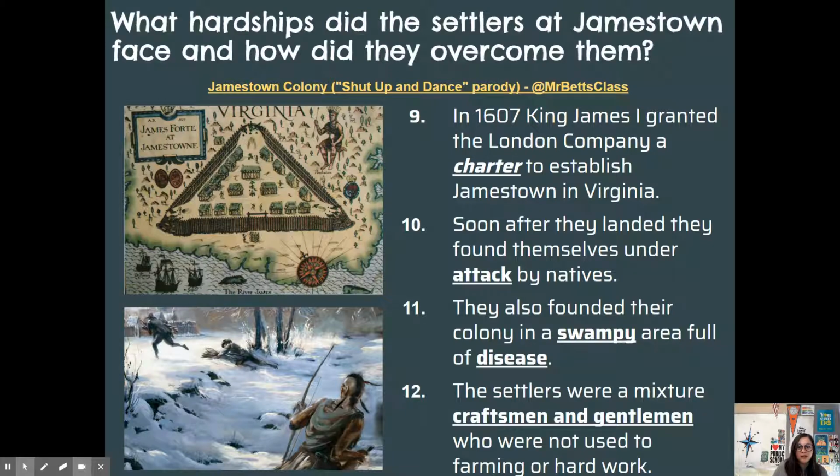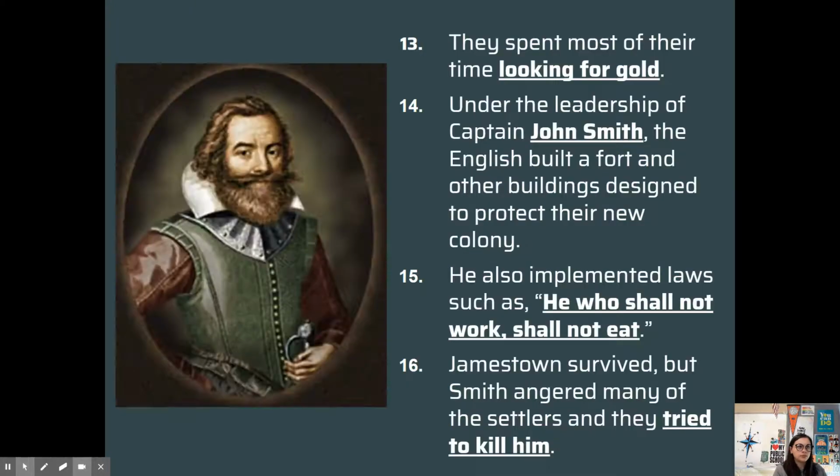They don't have any background in farming, and they don't have relationships with the natives to say, hey, can you help us learn to farm? No. The natives don't want them there. So they spend most of their time looking for gold. And under the leadership